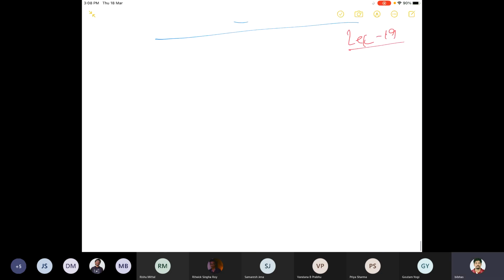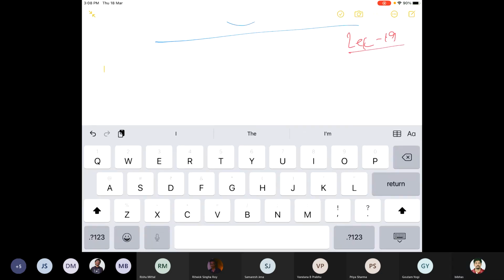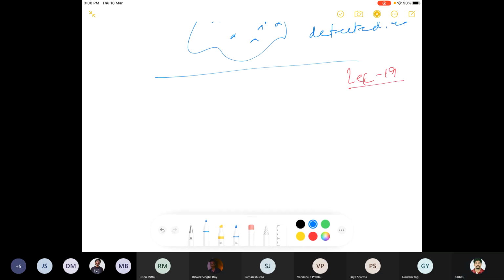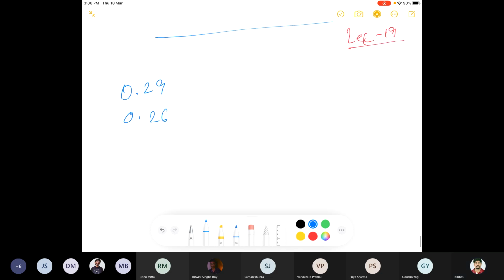So it was 0.29, 0.29, 0.26, 0.2. Okay, and then 0.15 and then 0.10. Then I did this. These are the smallest ones. That is 10. So total is 0.25.